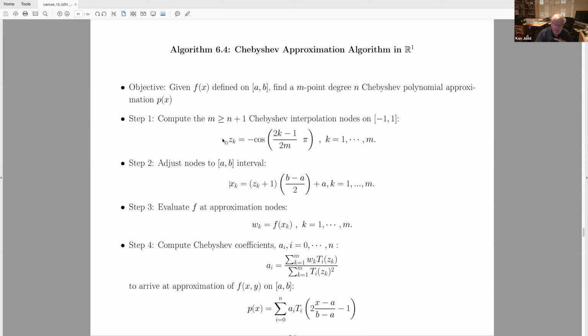These are the zeros of the degree n Chebyshev polynomial. You adjust the nodes to the AB interval. That's here. You evaluate f at those nodes,